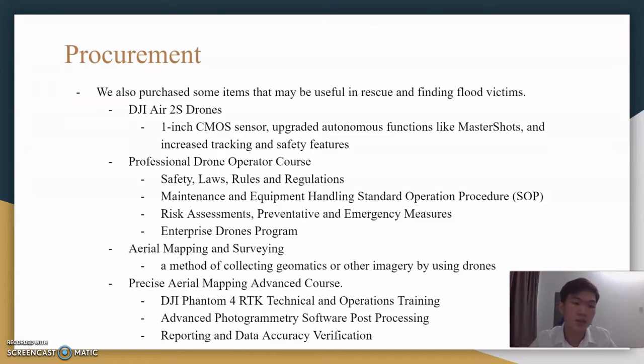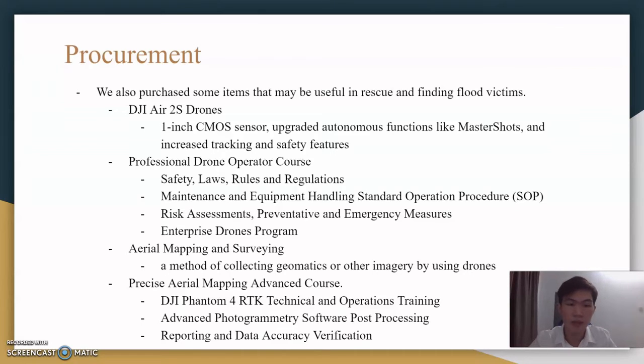The second item is the professional drone operator course, because it helps us understand the safety laws, rules and regulations for UAS operation in Malaysia, and to perform UAS operation in a structured, efficient and safe manner, as well as develop maintenance and equipment handling standard operating procedures, also known as SOP.